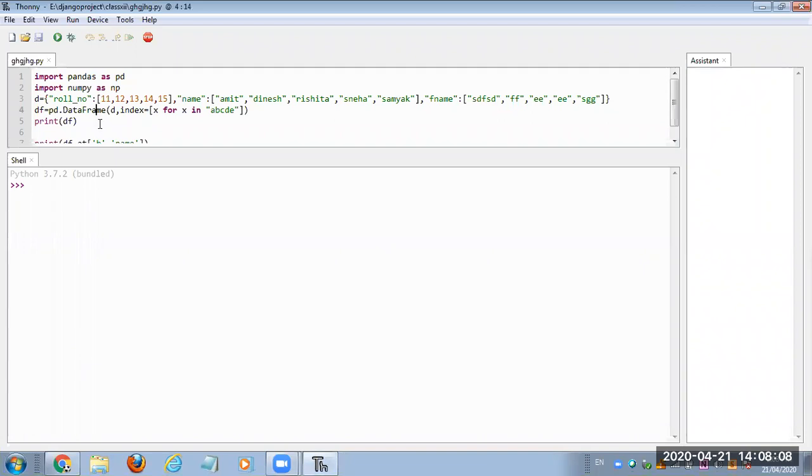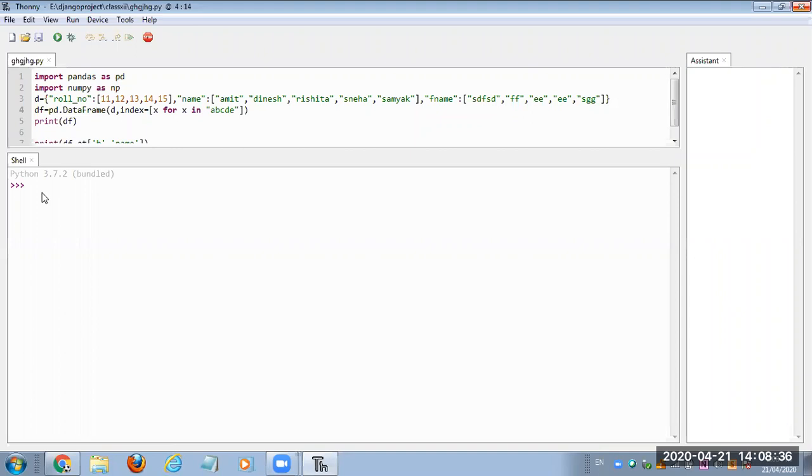So till now what we did is that we have created a data frame. Whatever method we used, it may be from a list of lists, a list of dictionaries, a dictionary of lists, maybe from a 2D array, or another method, we have to assume that we have created a data frame. Now how can we perform different operations with that data frame?